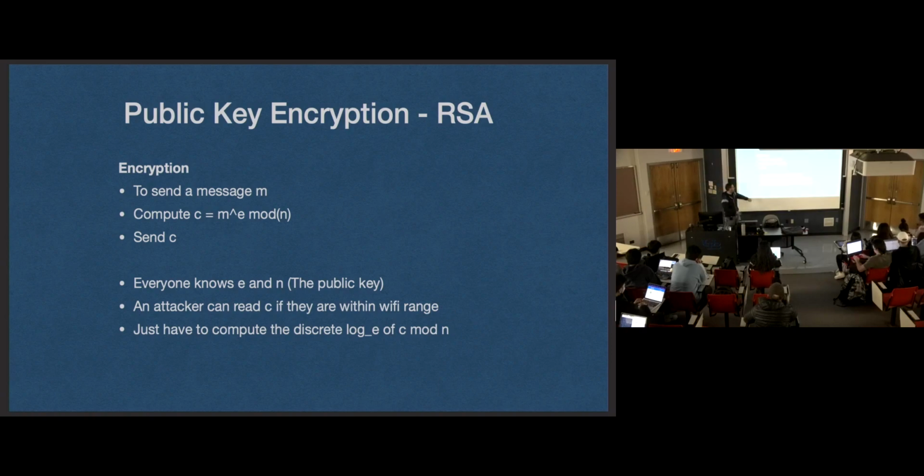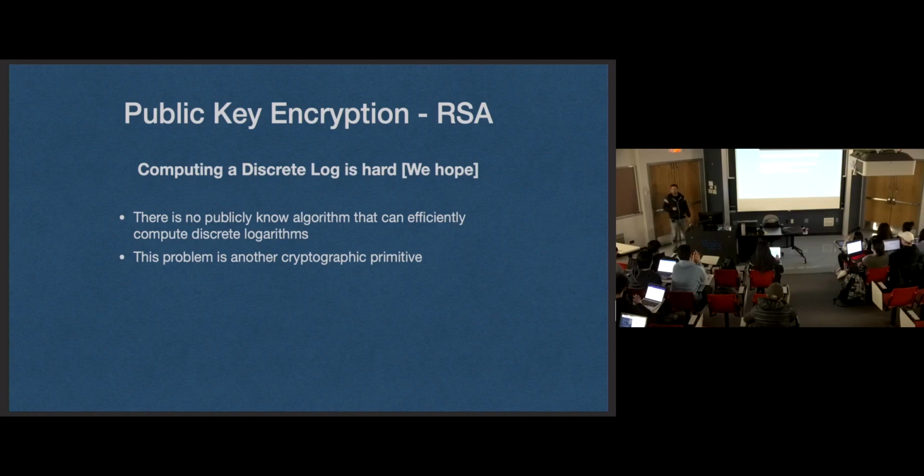And there's another problem. We send this message, this crypto text. This crypto text is C equals M to the E mod N. You have C. Well, if you can compute the discrete log base E of C mod N, you can compute M. This is a logarithm. It's discrete log because it's using modulo arithmetic, but it's still just math. And good thing for us, we think this is pretty hard too. Computing a discrete log is hard, especially with these numbers being so large. Discrete log is another cryptographic primitive, so we're good there too. If either one of these cryptographic primitives is